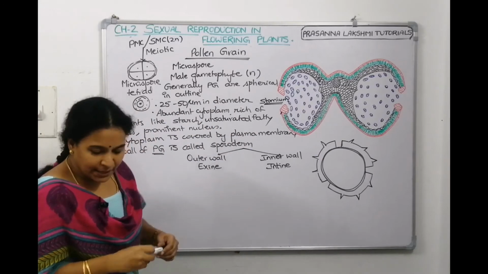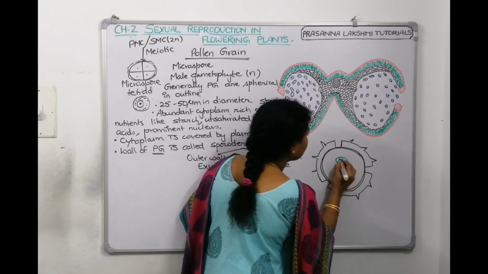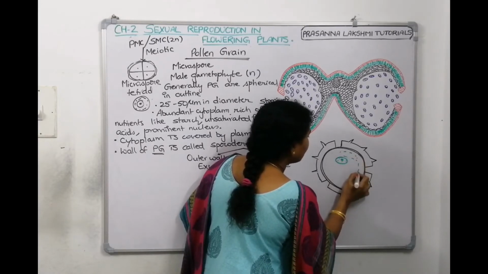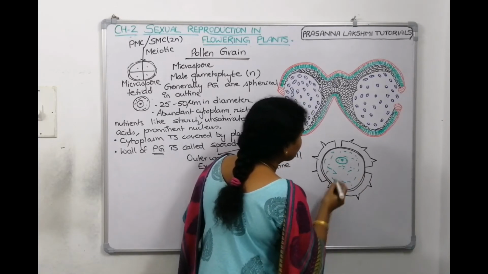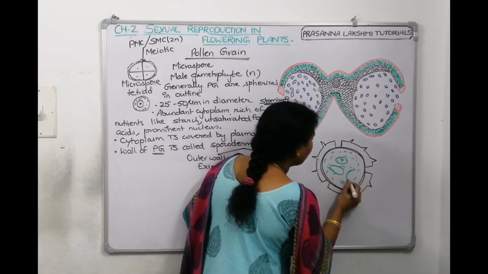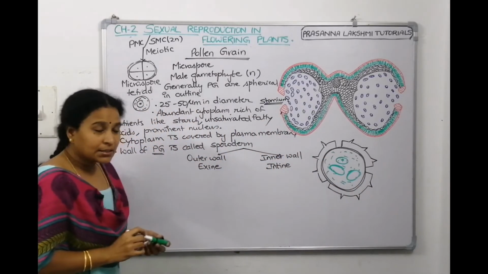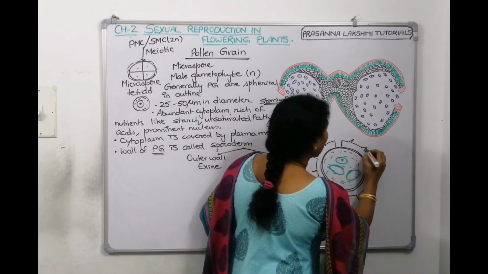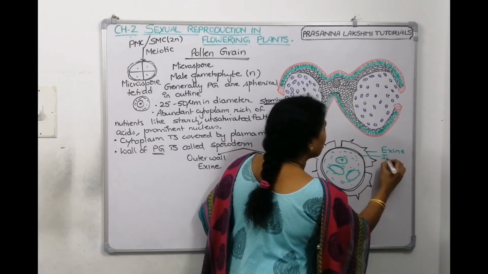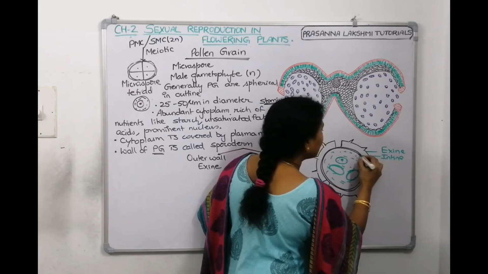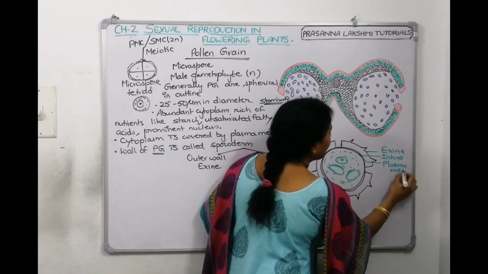And this is the pollen grain, which has its nucleus and abundant cytoplasm, and it will have a vacuole also, where the food materials are stored. This is the outer wall. What is the outer wall called? Exine. And this is the inner wall. What is the inner wall called? Intine. And inner to that there is a membrane. What is this membrane called? Plasma membrane, which is enclosing the